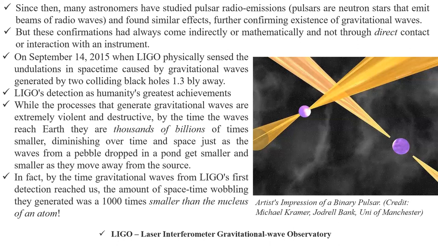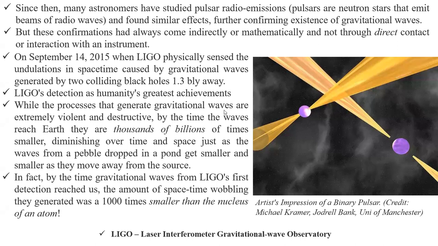On the right side, you can see a pictorial representation of the impressions of binary pulsars. This is one pulsar here, another pulsar here. This one is moving from top to right bottom, and this one is moving from left to the top right. These two generate gravitational waves. If they come in contact, particularly through the mutual gravitational force of attraction, they generate energy, and that energy can be detected. What happened here? We'll see that.